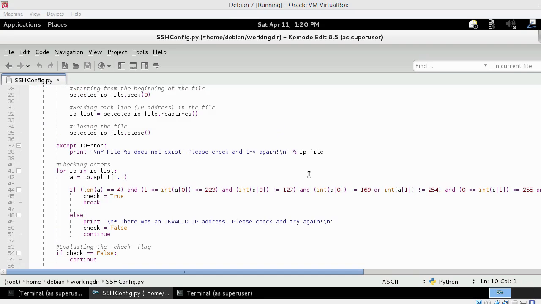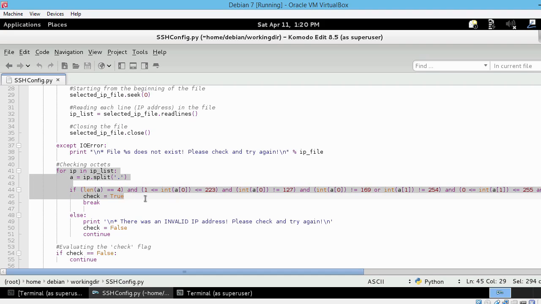Next, inside the same while loop, we use the same piece of code we saw in the previous application for checking the validity of each IP address in the file. I have explained the algorithm behind this IP address checking when we discussed the subnet calculator, and that's why I'm not going to do it again here. So for each IP address in ip_list, Python is going to split that address into octets and then analyze those octets. The if-else block here says if the IP address meets all these conditions, then the program should break out of this for loop, but if it doesn't, then it will continue to the next IP address using the continue